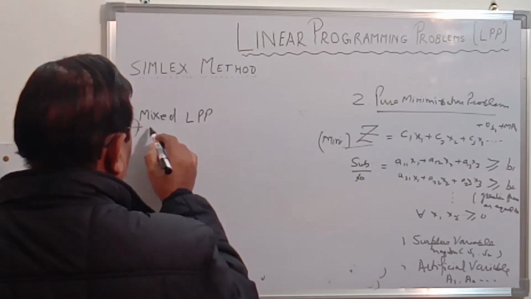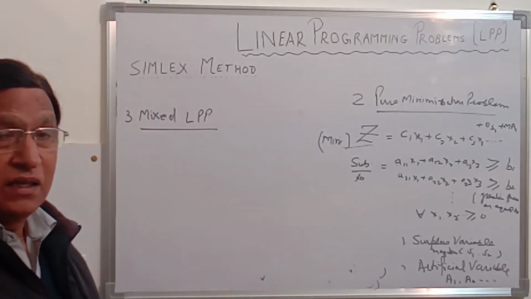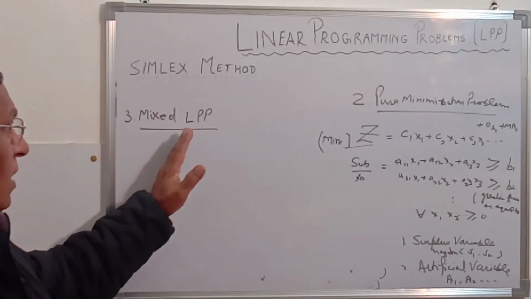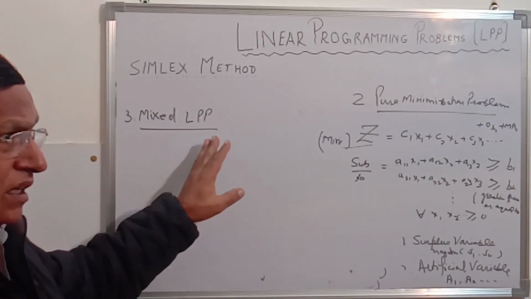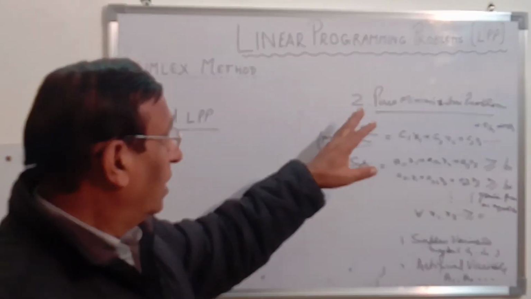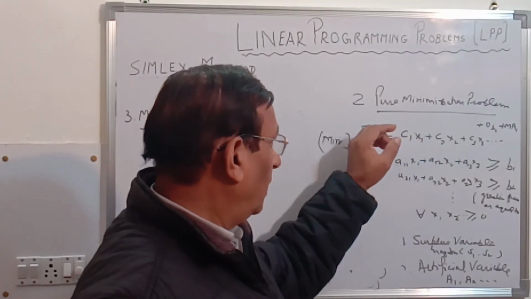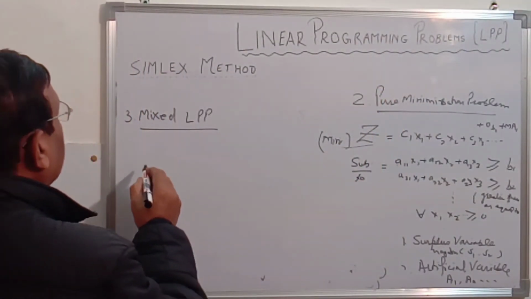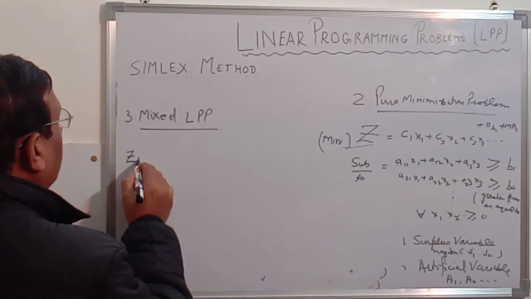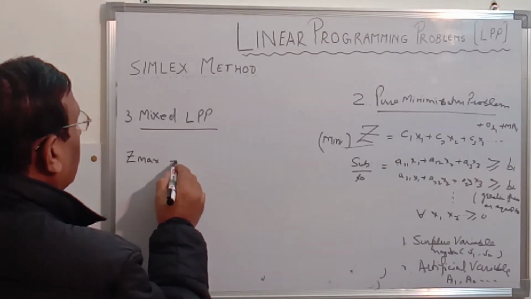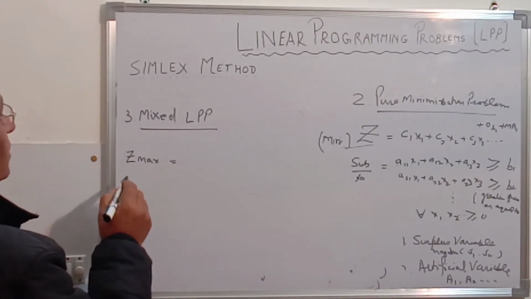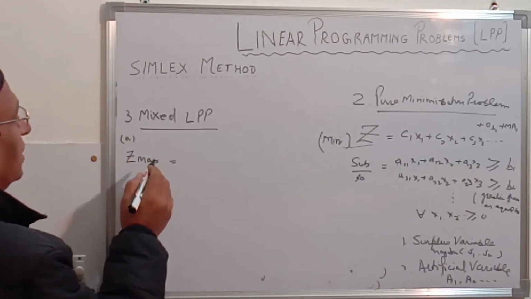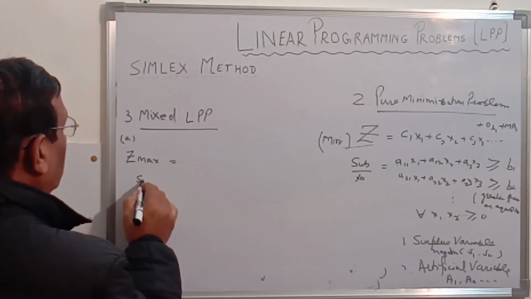Mixed LPP problem. When we say mixed, not pure, pure means maximization with less than or equal to type constraints, or pure minimization with all greater than or equal to type. But here, mixed: Z is maximization, first type. Z is maximization and subject to